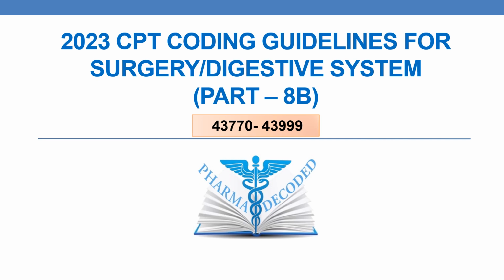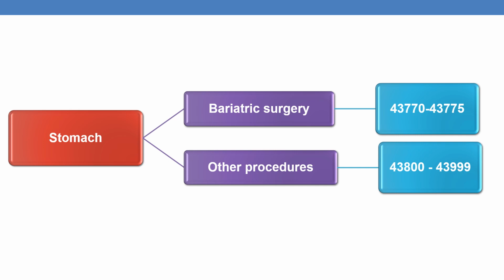Hello everyone, now let us see 2023 CPT coding guidelines for surgery digestive system part 8B. In the current session, we will be focusing on the CPTs in the range 43770 to 43999. We have covered some topics of stomach in part 8A, and in 8B we are discussing the bariatric